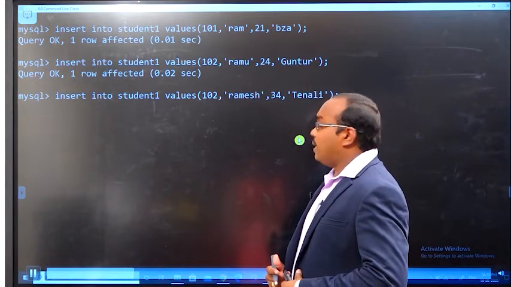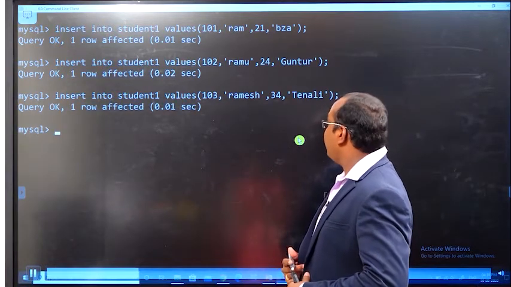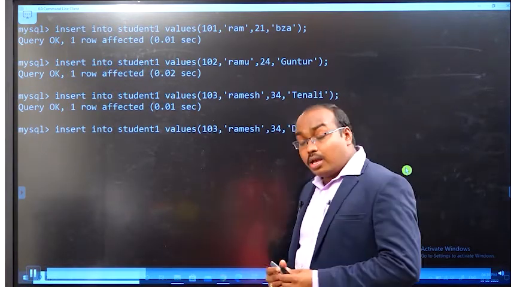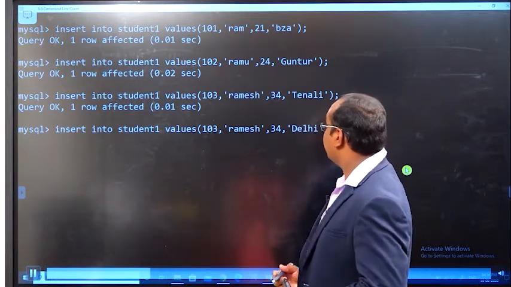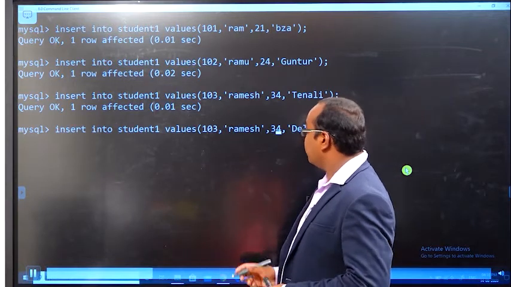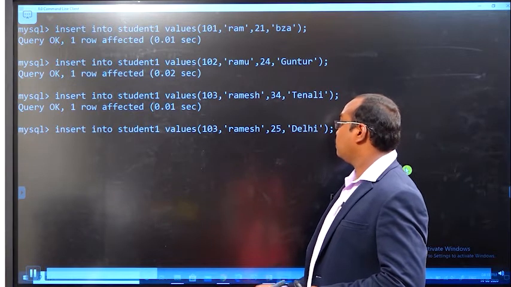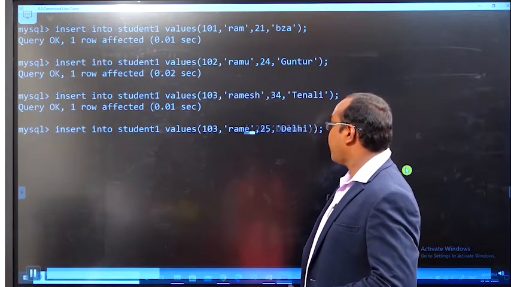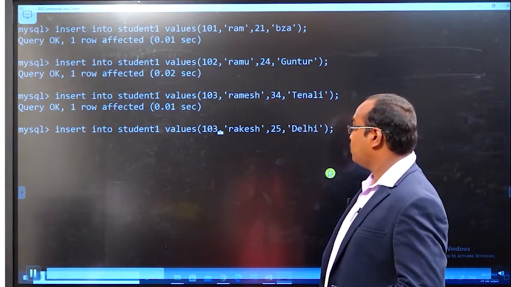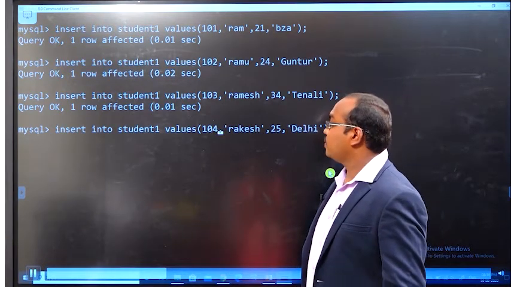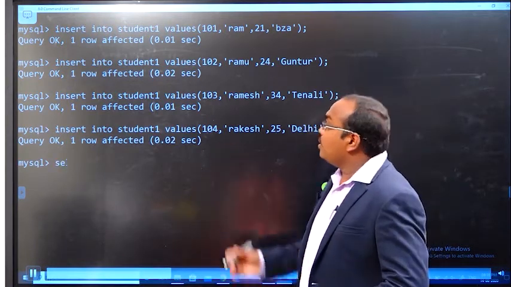The roll number, SID is 103, and SName, student age, and location. Here I want to insert a total of 4 rows in the table. So in total these are the 4 rows inserted into the table.